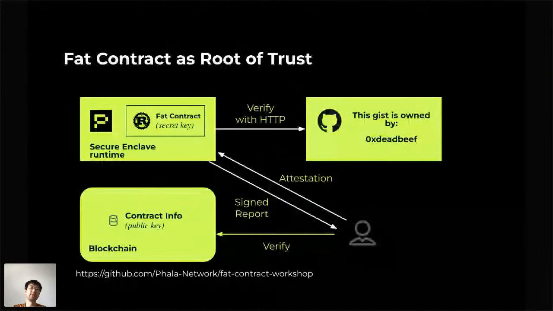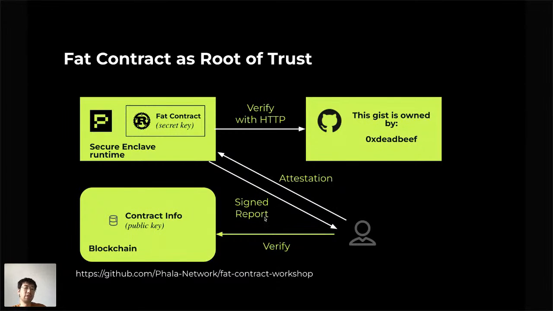Yeah, so this is the underlying infrastructure. After you have filed, you have requested the contract to verify your GitHub account. It will verify it with the HTTP request, and after that, you can do something more interesting. For example, you can ask our contract to sign a report for you, and this report will be signed by our contract with its secret key, so nobody else can provide a false report.